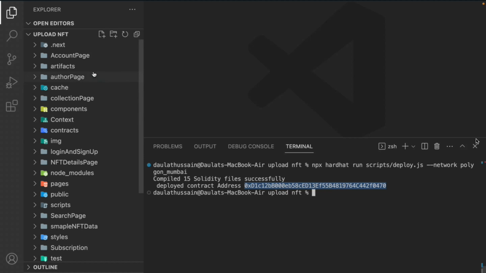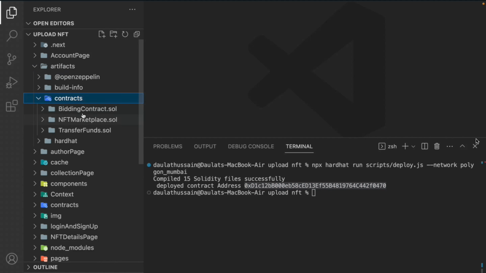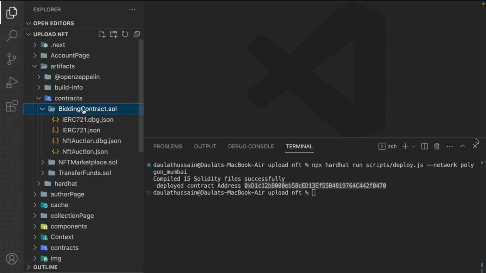If we open this artifact, inside the artifact we have these 3 folders: bidding contract, NFT contract, and transfer fund contract. So we have a total of 3 contracts. That's why you can see these 3 folders, but we are only working on the NFT. This is the hardhat, which you don't need to worry about. And here you can see we have this context and the JSON file. So let me delete this NFT JSON file, remove this one,